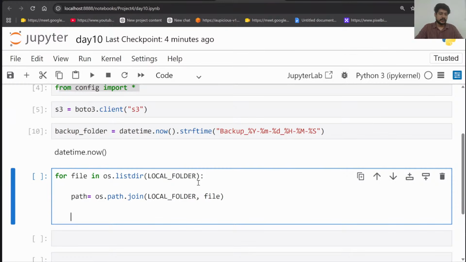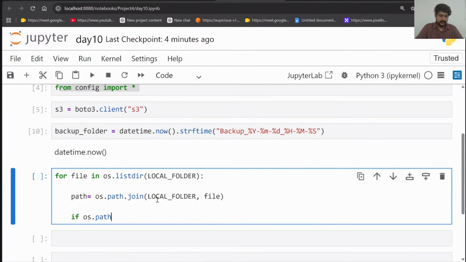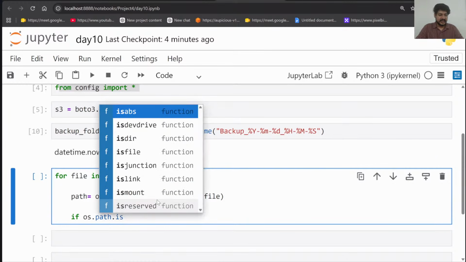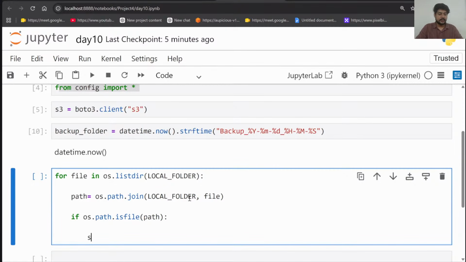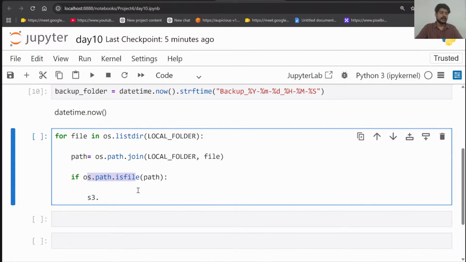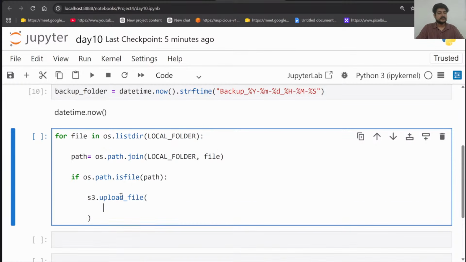And I can write one condition also. If something is present in the path, so यहाँ पे एक function होता है जिसको बोला जाता है isfile. सो isfile फंक्शन, अगर इस पाथ के अंदर कोई भी फाइल प्रेजेंट है, तो हमें तभी इस फंक्शन को रन करना है। किसको रन करना? तो सबसे पहले S3 को बोलेंगे, S3 do one thing, if this code is present, अगर उस फोल्डर के अंदर कोई भी फाइल प्रेजेंट है तो इसको अपलोड कर दो। तो upload_file is one of the keywords.